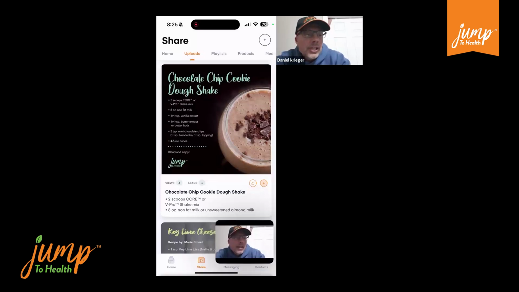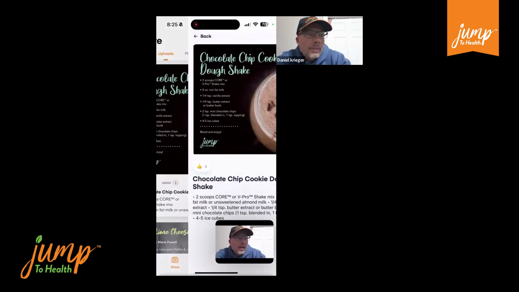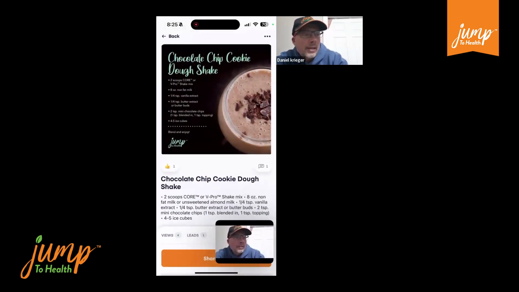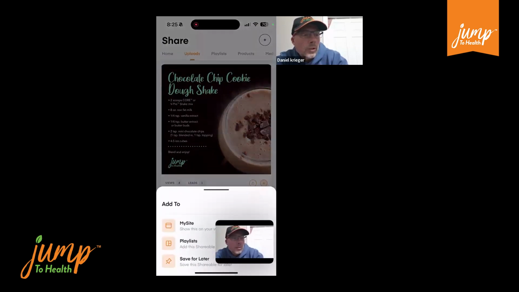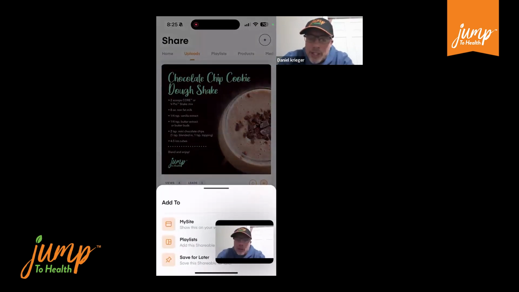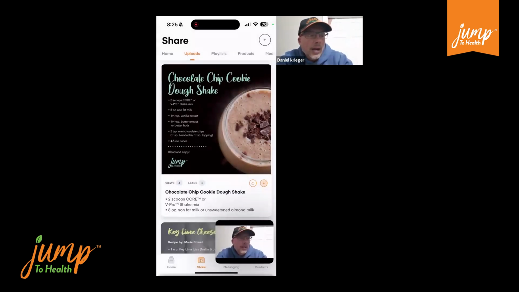So again, you see the plus button. If I go to the plus button on my upload, it allows me to add it to my site, which is my landing page, a playlist, or save it for later. I don't want it shown to anybody yet. If I do the other one, beside the plus, it's just a share button. So I put this in a playlist. But if I just want to share that particular recipe to somebody, nothing else,